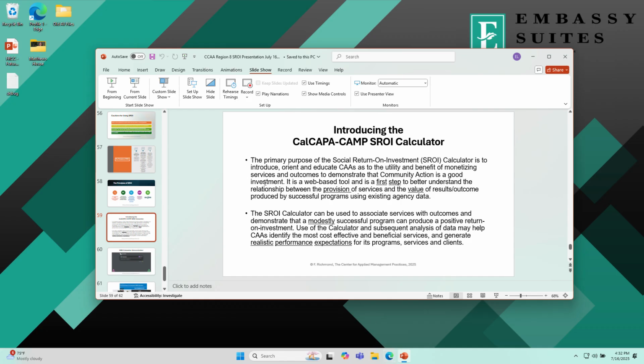Okay, so this is in a different mode here. This is a calculator that was funded partly by us and partly by the State Association in California called CalCAPA. It's the same thing as the Colorado Community Association. What we did is build a simple calculator to show how this works. By the way, if you go online, you can type in social return on investment calculators. People are now building them. Essentially, it's really a teaching tool, but it also works.